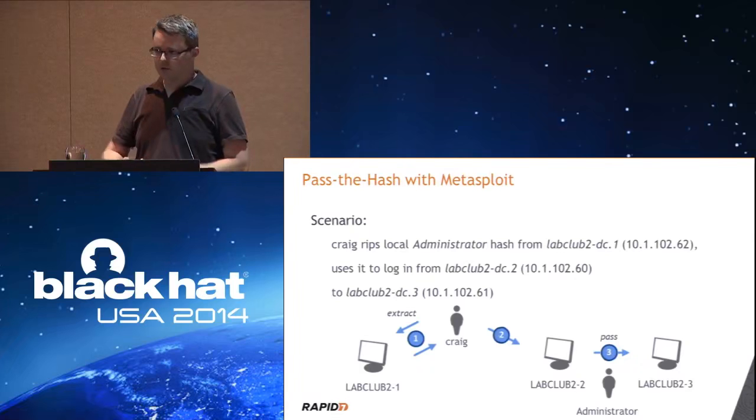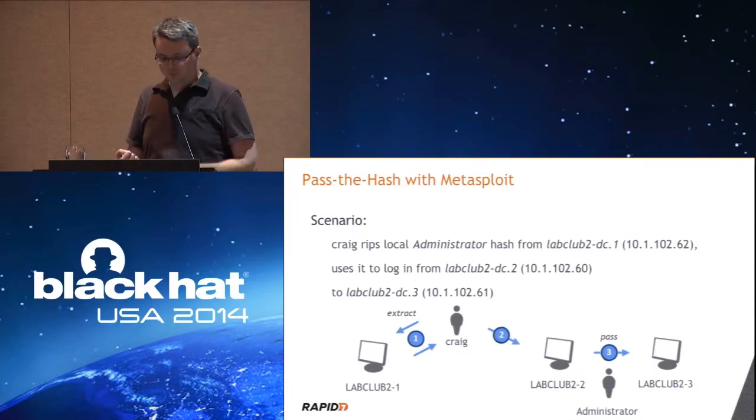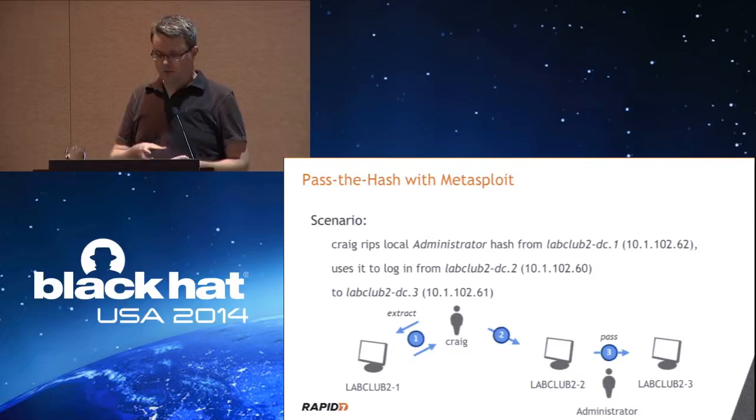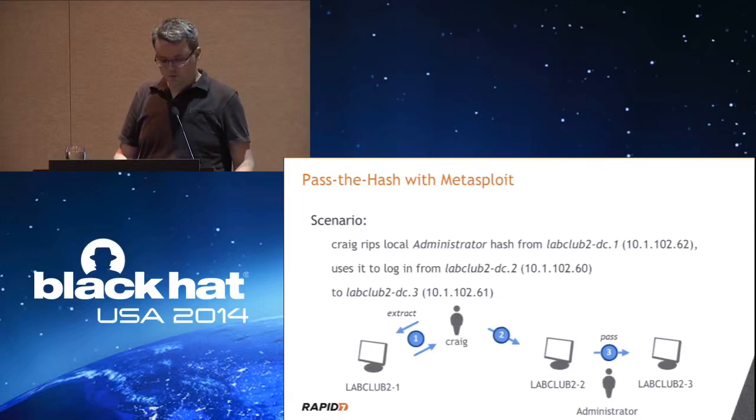The first thing he's going to do is communicate with this first system, Lab Club 2 DC1, to actually do the ripping of the hashes. He's then going to take the hashes that were extracted from that first system and use them to log in from a second system to a third system. So hopefully that's not too confusing, but